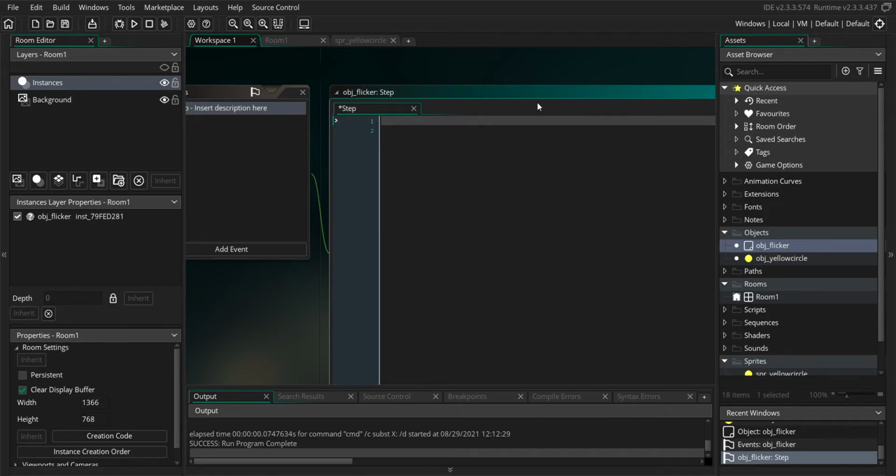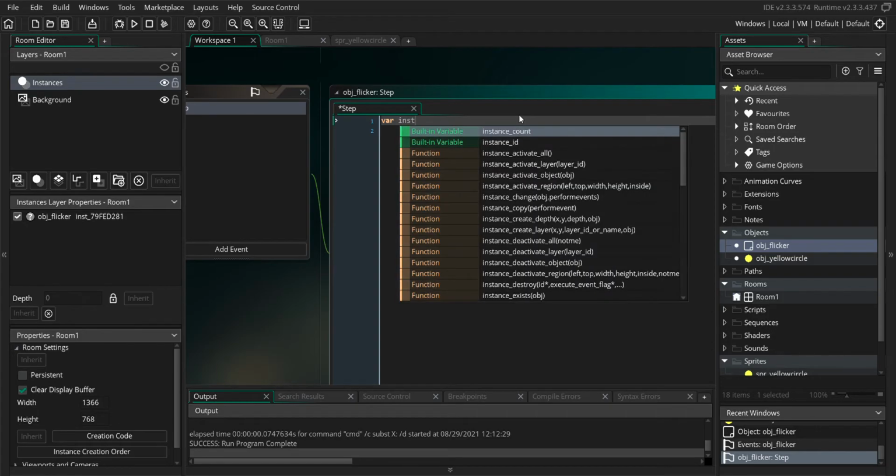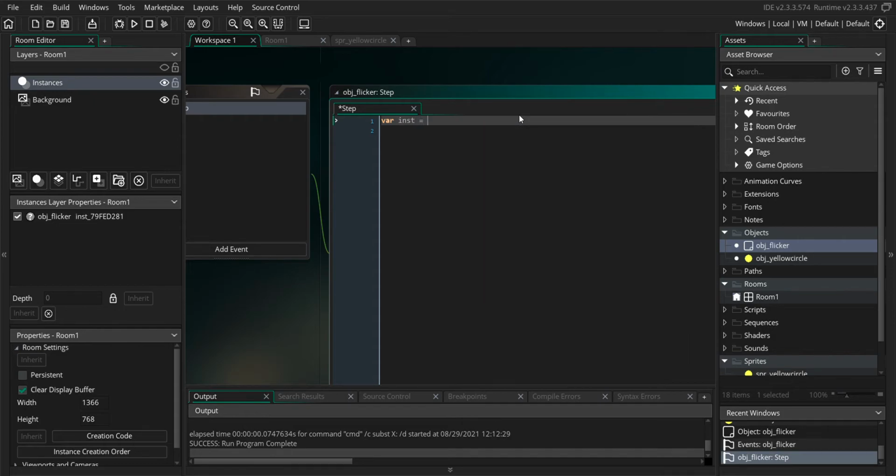And what I'm going to do is put var, which makes this a local variable, meaning that it's something that's only being used in this object and in this step event. It's not going beyond that. Then I'm going to call that local variable inst. It's something that a lot of people commonly use. And then equals